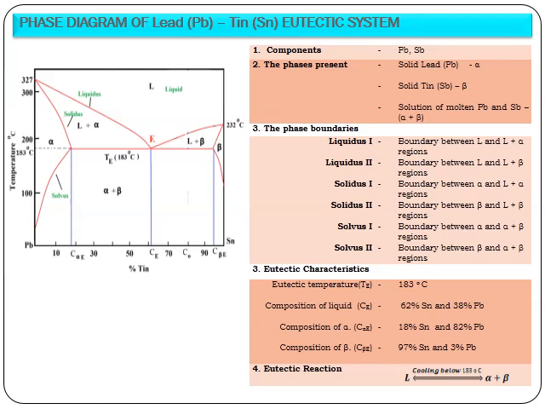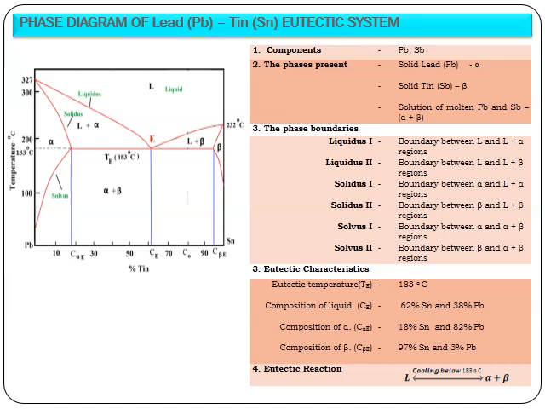The phase boundaries are nothing but the boundary lines between the two different phases. If you take the green line, it is represented as liquidus at the top. That represents the boundary between the phase of complete liquid and the region where the combination of liquid and alpha phase is present. This can be taken as liquidus 1. Similarly, on the right side, the boundary between the complete liquid phase and liquid plus beta phase will be called liquidus 2.